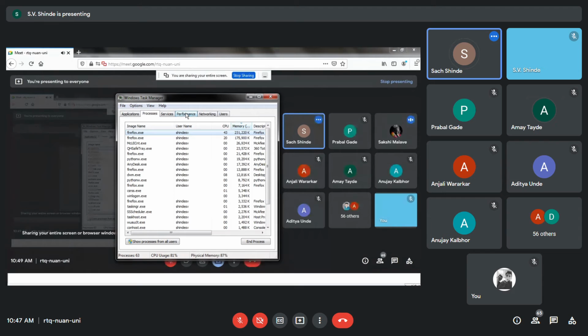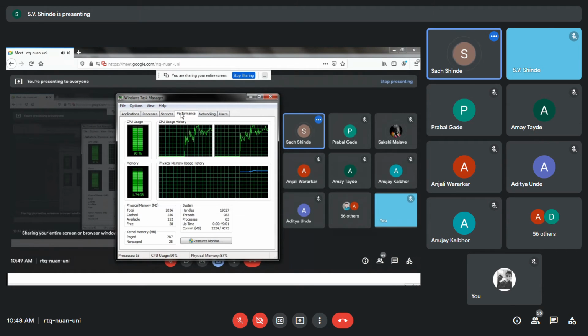Over here, we can observe the performance. You can see my CPU is showing some busy work, and memory is also showing some work. When we run this program, it impacts over here. If memory is available, then a huge program can run, and if memory is not available, then the program may crash.